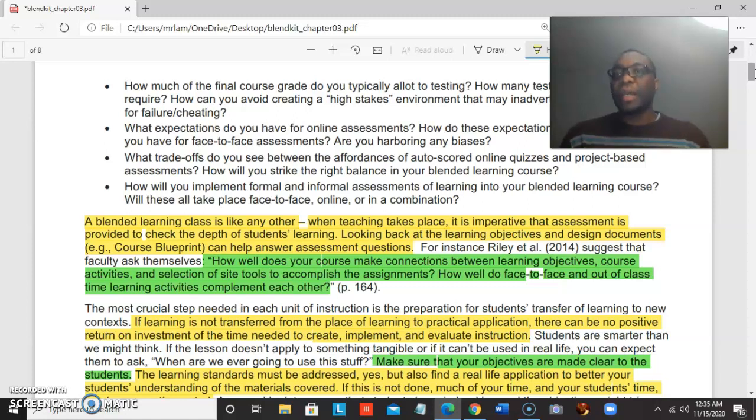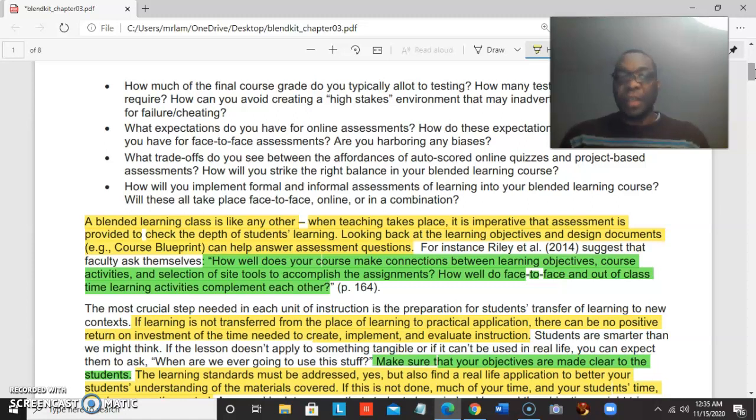Because ultimately, one wants to find out how well does the course make connection between learning objectives, course activities, for example, selection of site tools to accomplish the assignments, and how well does face-to-face or out of class time for